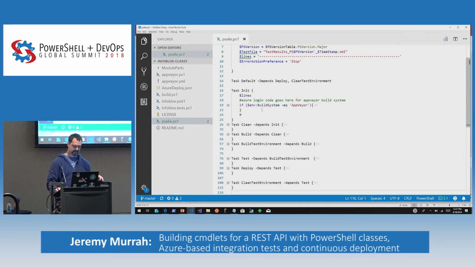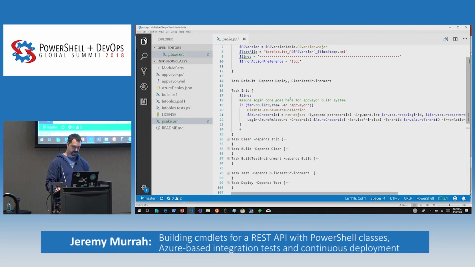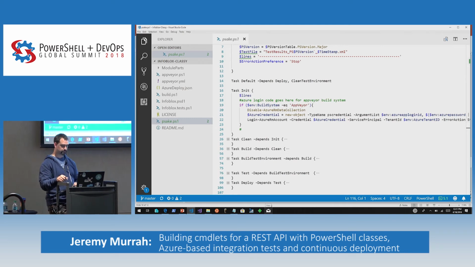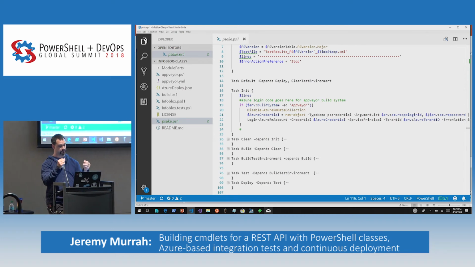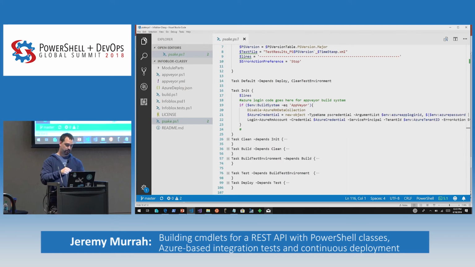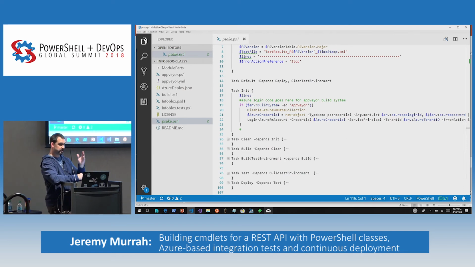So let's see. So init, I mentioned I do my login there. So I check if my build system is AppVeyor. In my case, I'm doing AppVeyor and local. So if I'm doing a local build, I'm just going to use an interactive login. So if my build system is AppVeyor, I'm going to do my non-interactive login that we just saw with our